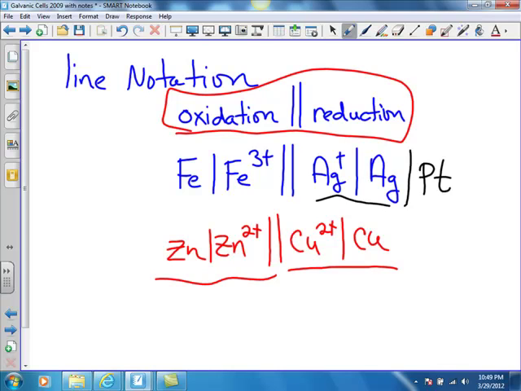That really probably doesn't happen here because we don't need a catalyst, but if you ever see that in a line notation, that's what it means. So you might see something out in front of that, and you might even see something behind that. Again, these reactions didn't need that, but just in case you ever see that in a line notation,